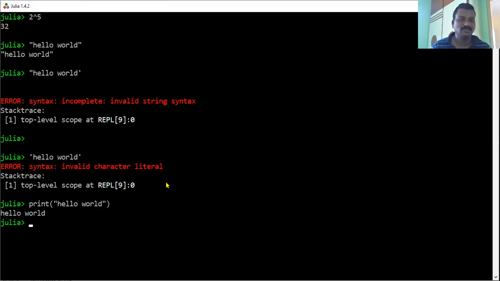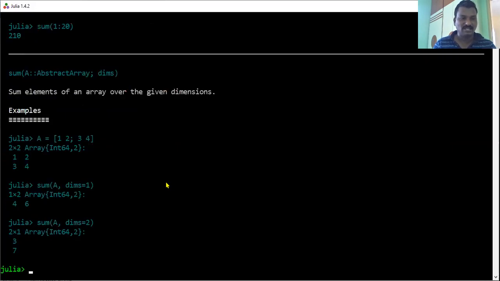You can write a simple hello world program, and then I want to go to the help. If you press the question mark, it directly goes to the help. In this help, you will know about the different functions and commands. For example, if you want to know about the sum function, it gives an example, the sum of a comma dimension of a.